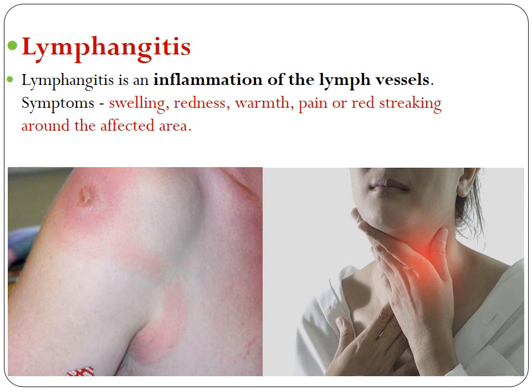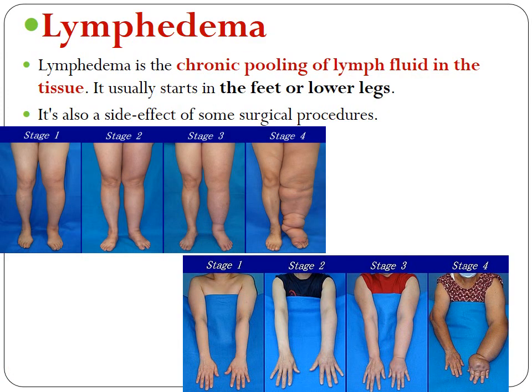So any sort of infection or inflammation affecting the lymph vessels, and these are the signs and symptoms you will see. Okay, there will be redness, there will be swelling, there can be a slight sore. It can be painful, and also there can be red marks in the body, like streaking, like you can see on this patient's arm, and also the armpit area is red, and the affected area can appear red, and also there can be pain.